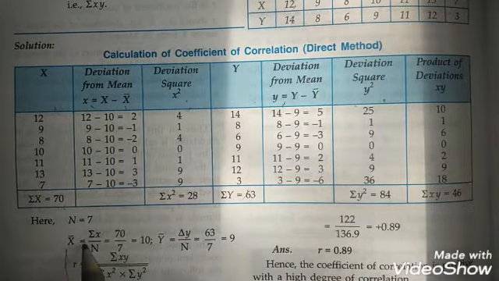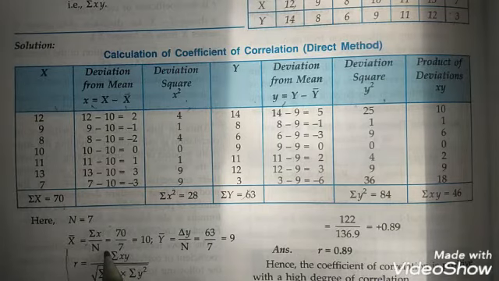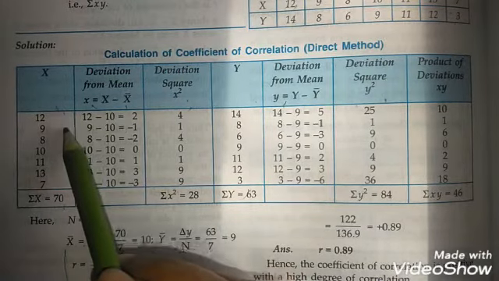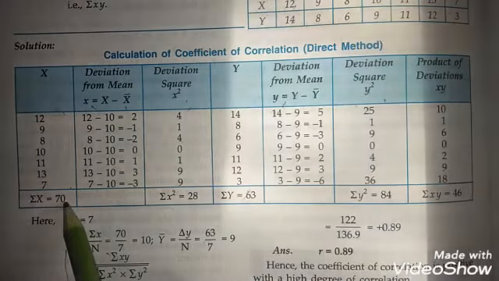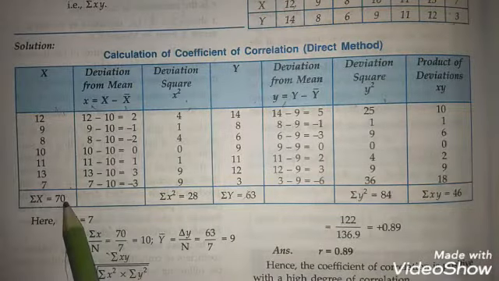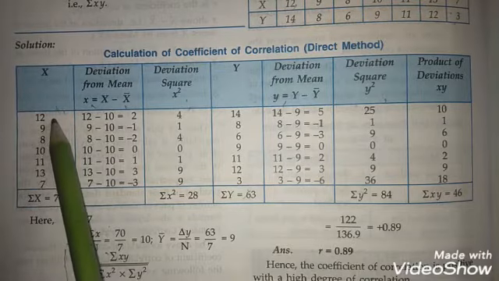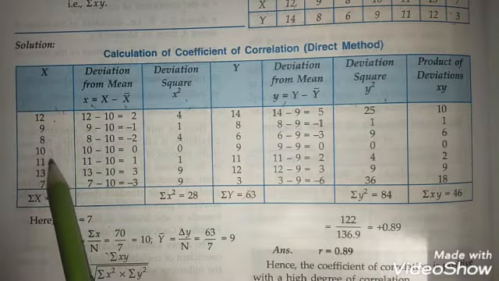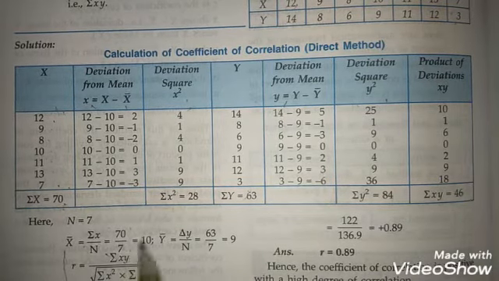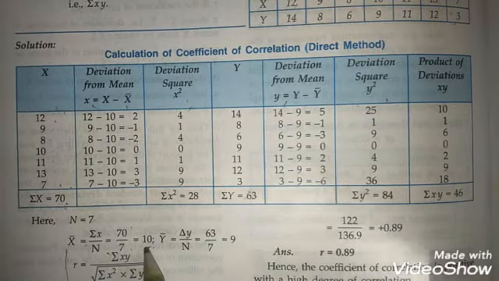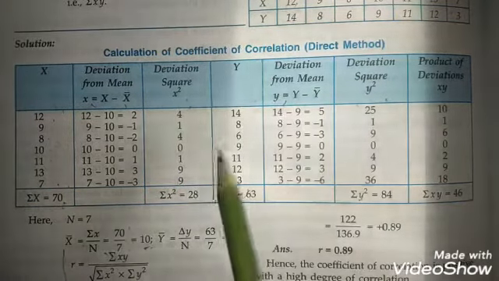So just a revision for you, it will be X bar. If you remember, the formula is summation X by N under direct method. So we are going to total the values of the X series first of all, which gives us a total 70. That is summation X upon N. Now N is the number of values, that is 1, 2, 3, 4, 5, 6, 7. So that will be 70 upon 7. X bar we get is equal to 10. In the same manner, we will find out Y bar.